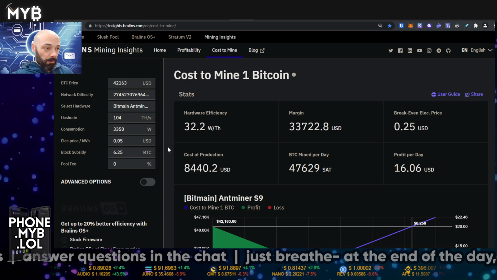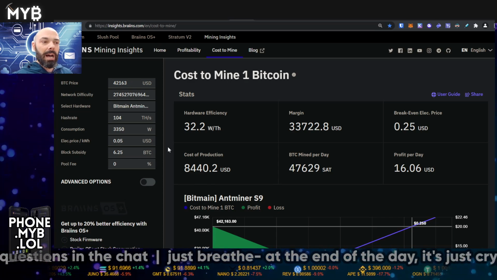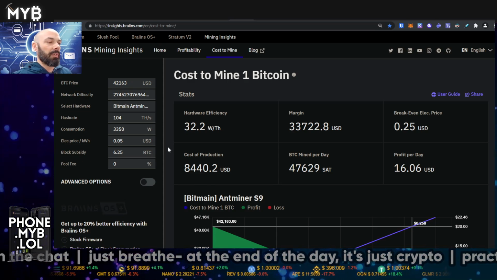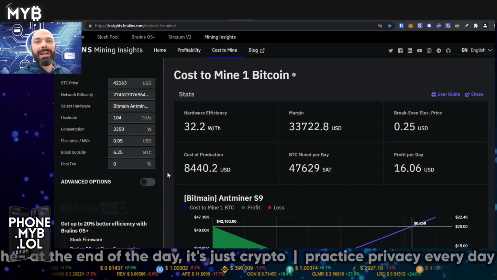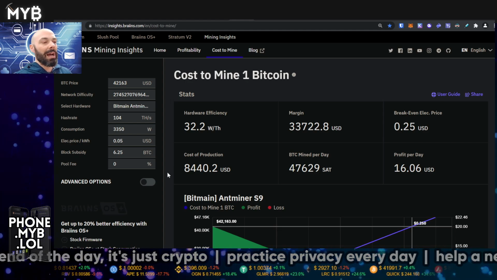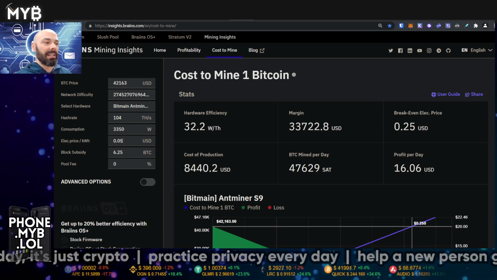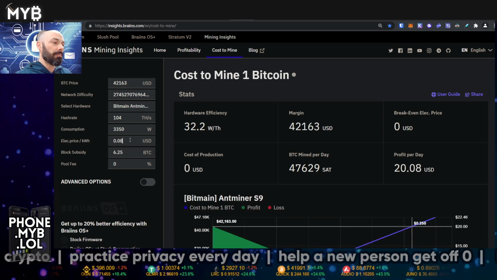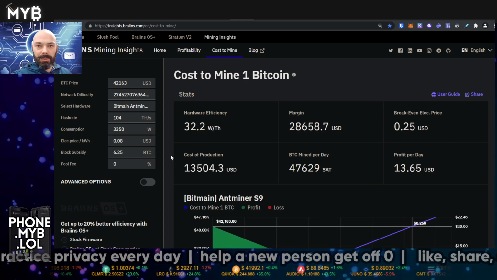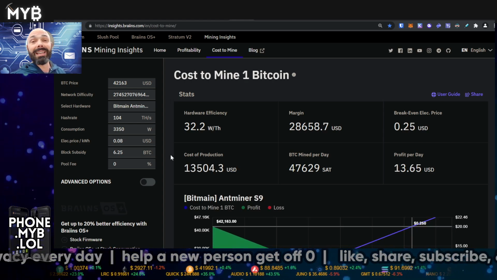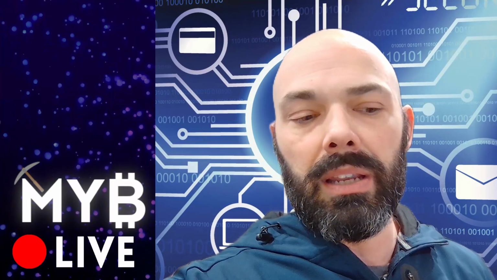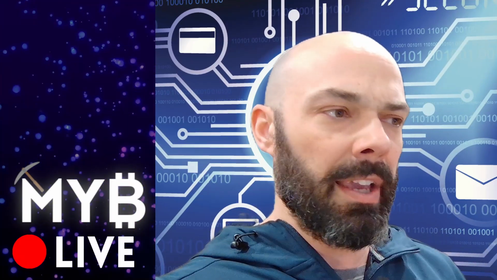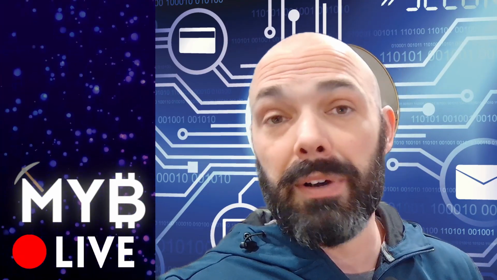Antminer S19J Pro. This is going to be another really awesome option for you right now. It's available. You need 25 cent power to break even. And at 5 cent power, you're buying your Bitcoin for about $8.5K. That is the deal of the century. Bring it up to 8 cent per kilowatt hour power, which I think is accessible to most people. Now you're looking at $13.5K, and I think that is really good, sort of bear market resistant Bitcoin acquisition price. I think if you're getting it for less than that, even at the 8.5, it's not